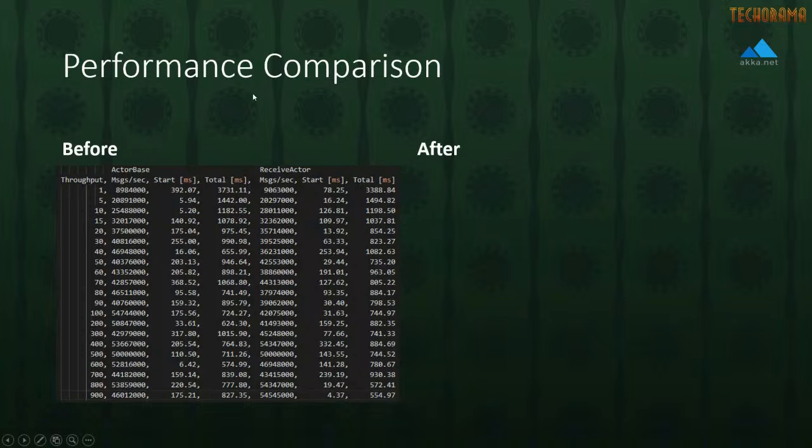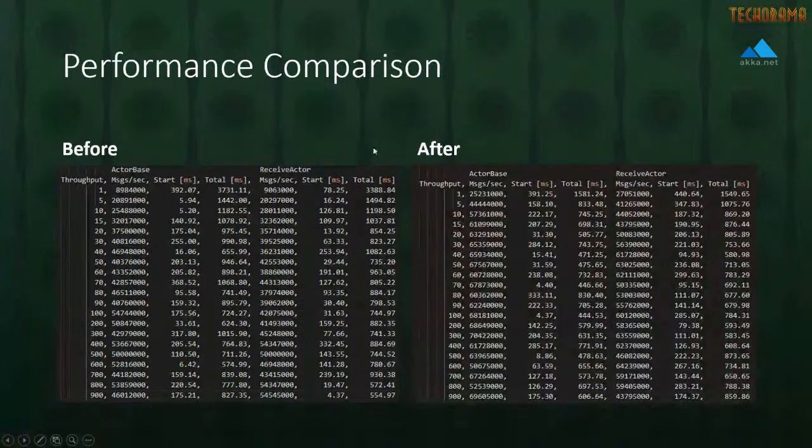So this is using, let's say, Akka.NET 1.5 before we added that change to the .NET thread pool. This is Akka.NET 1.5 after adding that change. And you'll see that we have a 3x improvement in throughput here as a result of eliminating context switching. This is because we're able to take advantage of caching at the CPU level. We're also able to essentially keep the same thread executing with the same work over and over again when this occurs. So the scheduling delays are a lot smaller inside the system. So we went from about 9 million messages a second to 27 million messages a second.